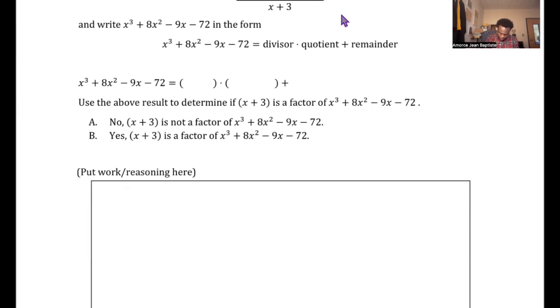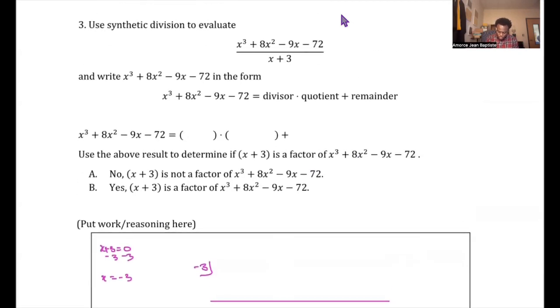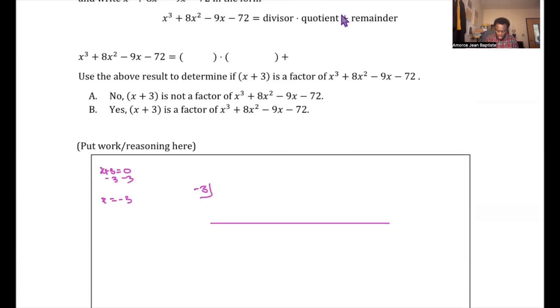So I'm going to set it up. So here we need to have the denominator x plus 3 equals 0. Subtract 3 on both sides. X equals -3. So that is your -3 right here. And then we're going to make sure the terms are in decreasing order of exponent. It's already in this format. We can just list the